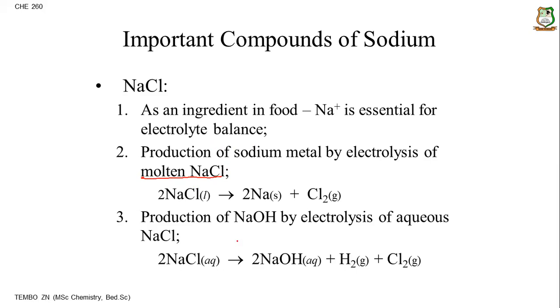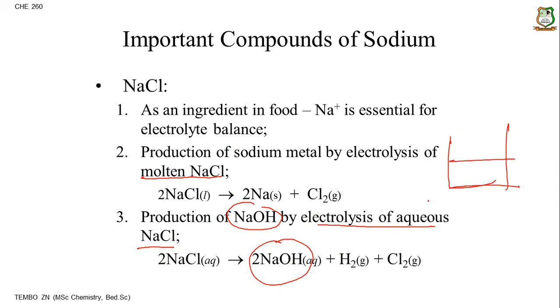But we can also produce sodium hydroxide by electrolysis of aqueous sodium chloride. Do you remember last time when I showed you how sodium hydroxide can be produced? If we are going to use the electrolysis of aqueous sodium